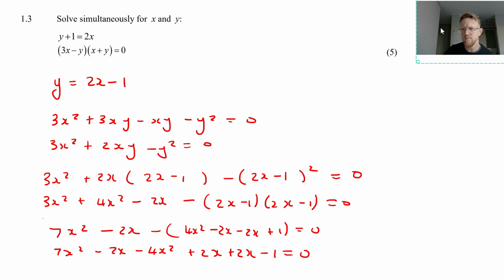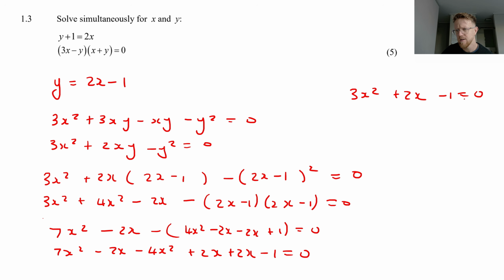Okay, now it's just a case of simplifying. So 7 minus 4 is 3. Minus 2 plus 2 plus 2 will just give you 2. And then minus 1. Okay, here you have options. You can try to factorize if you're feeling brave, or you can use the quadratic formula. I think I'm just going to go straight to the quadratic formula,